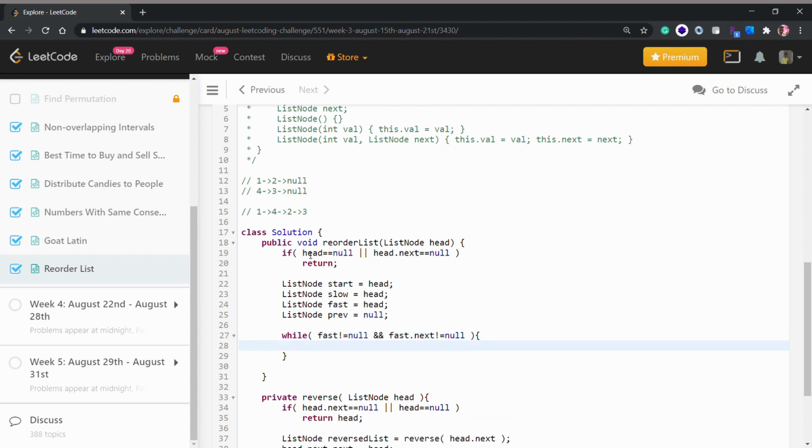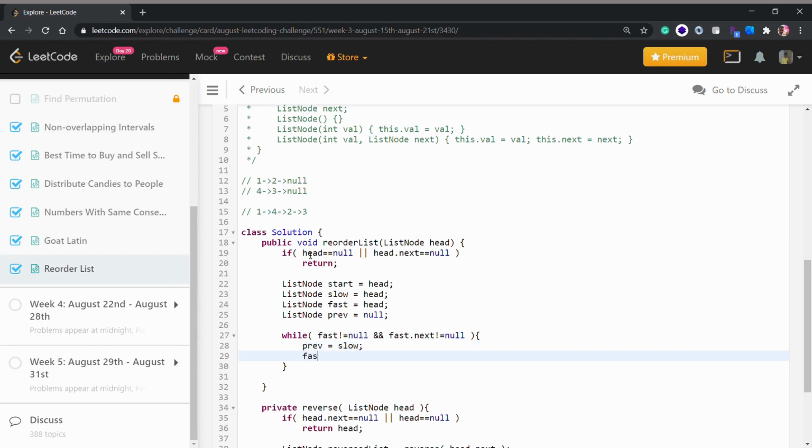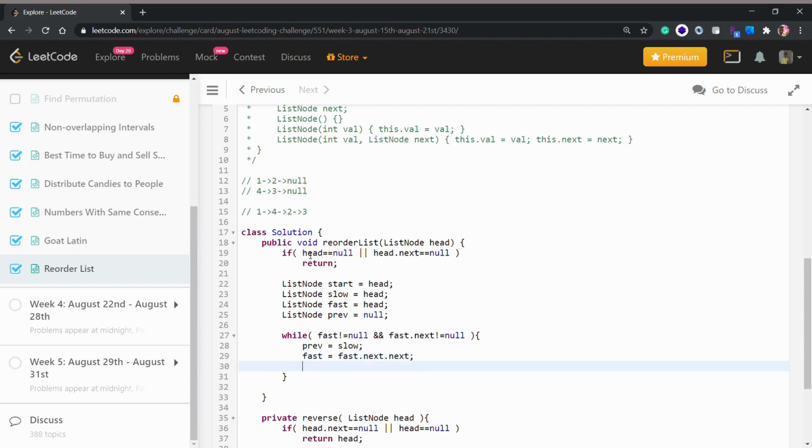Now we are going to find the middle part of our linked list using these fast and slow pointers. So previous would be equal to slow, fast would be equal to fast.next, and slow would be equal to slow.next.